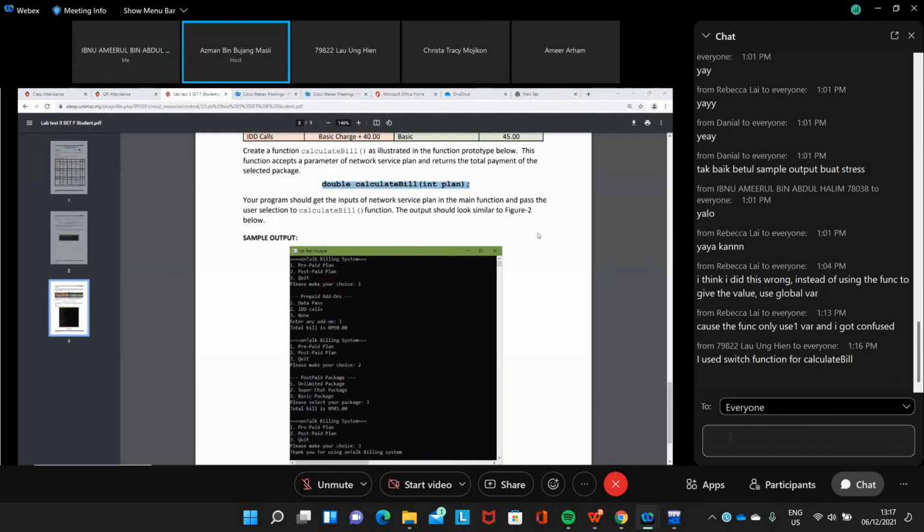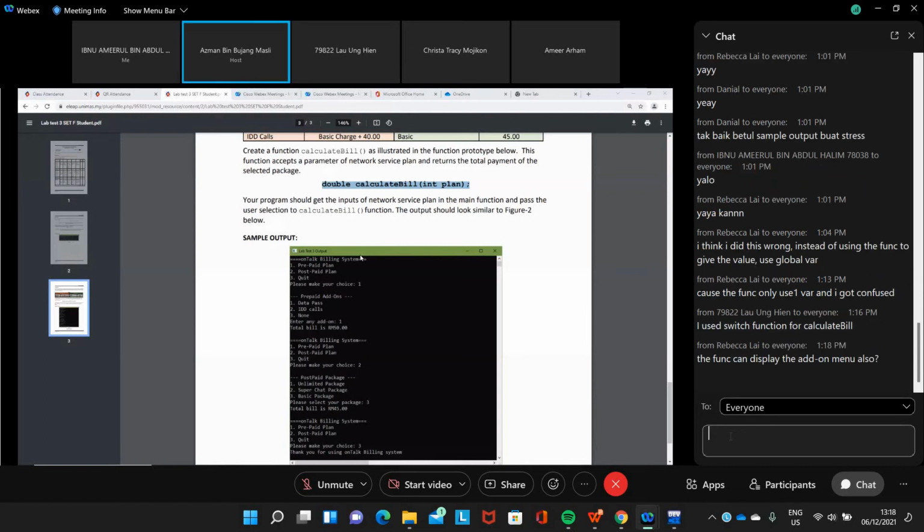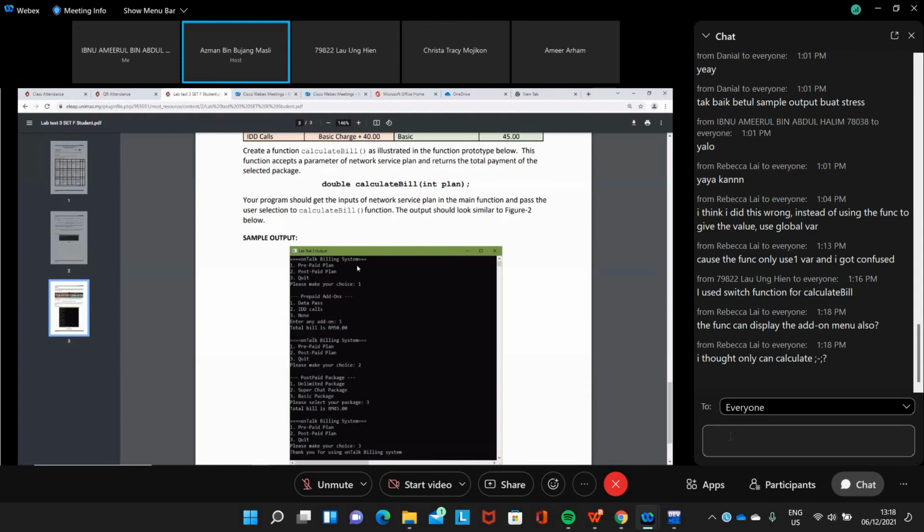The output should look similar to figure 2. So it doesn't matter how you divide your program, whether this part is actually in the function or in the main, but you need to get the output correct. The way you divide your program depends, because it's not very clear here whether all the things are done in the function, or some of them, or many are done in the main.